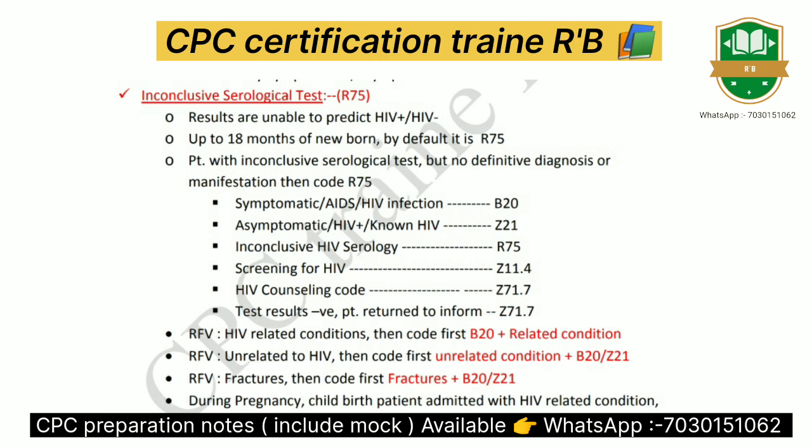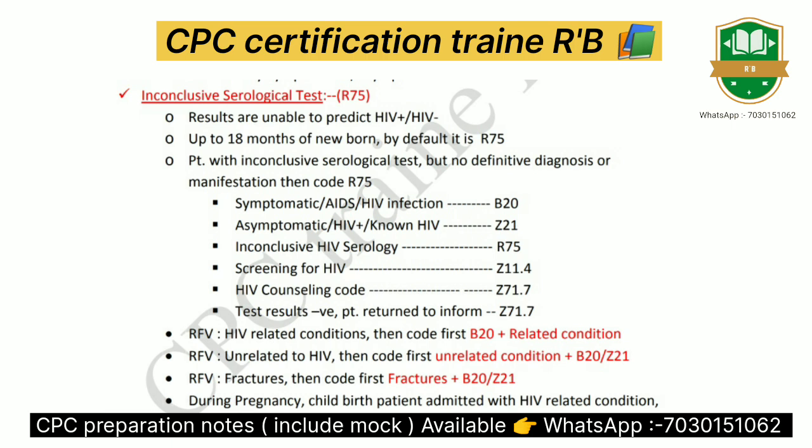Then next, any fracture code. It means in scenario there are available fracture plus HIV. Then you can go to first fracture code, then HIV code. You can go to fracture treatment immediate. Okay. Then due to we can capture first fracture code, then HIV symptomatic asymptomatic code. Then next,